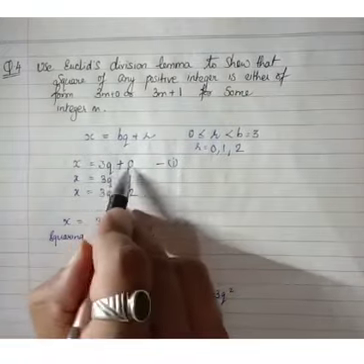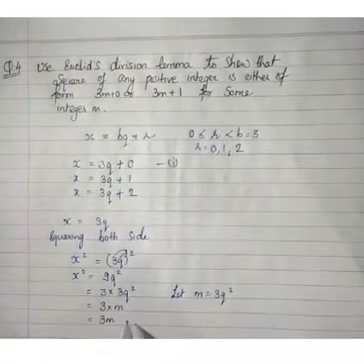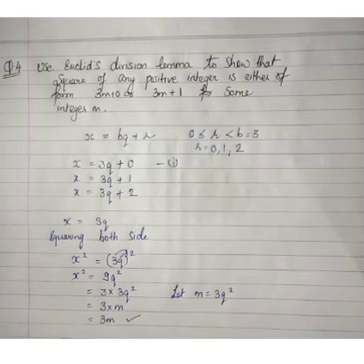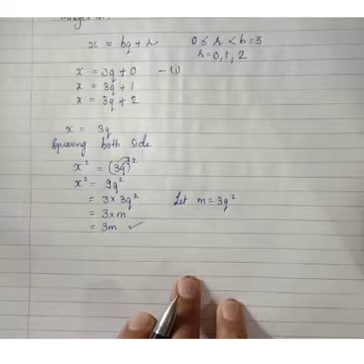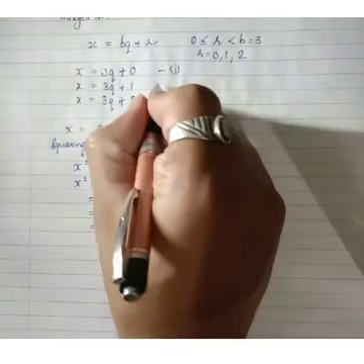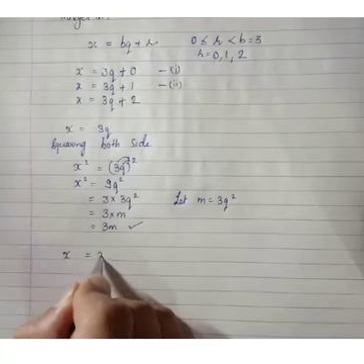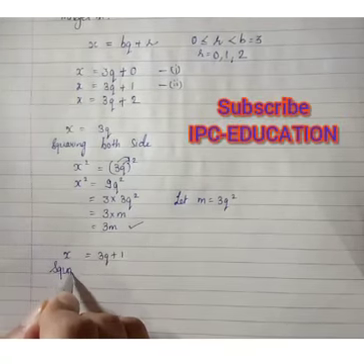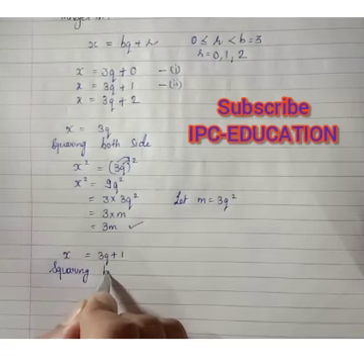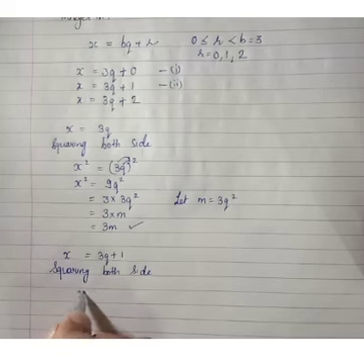So for the first case, the square of this integer is giving the value of 3m. Clear? So now I will take the second one. Now if the x value is 3q plus 1, again squaring both sides, here I will get x square